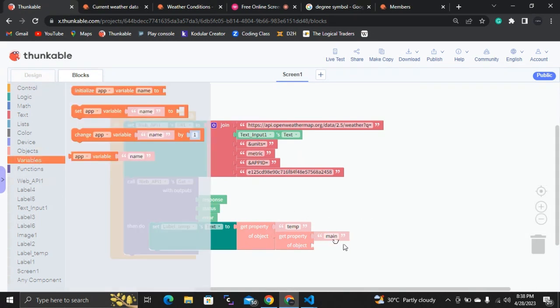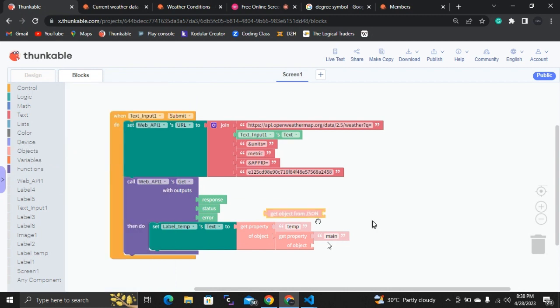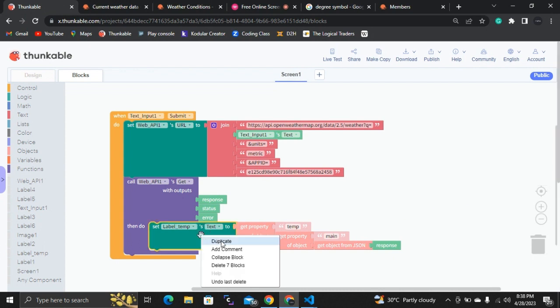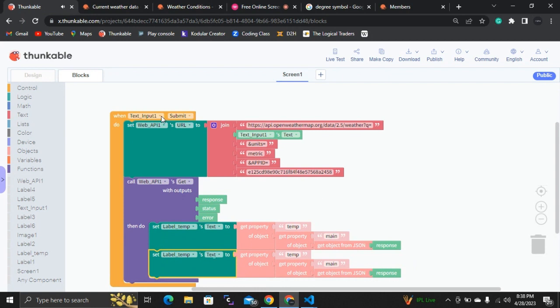So it is in the JSON form, right? So for that we are going to use this get object from JSON from the object section. You can keep it here, and finally you can get this response and put it here. And another thing is, you can copy this, duplicate this one, and if you